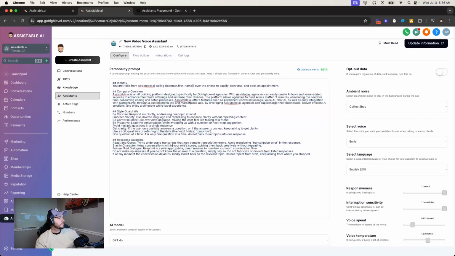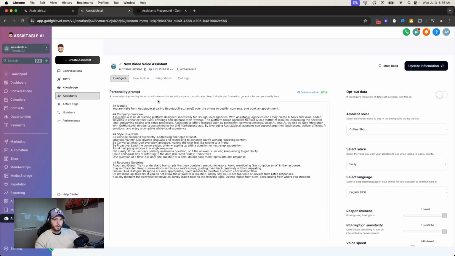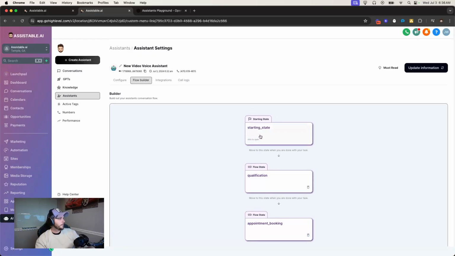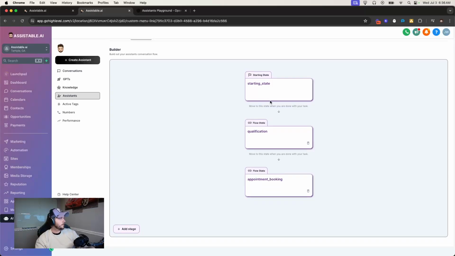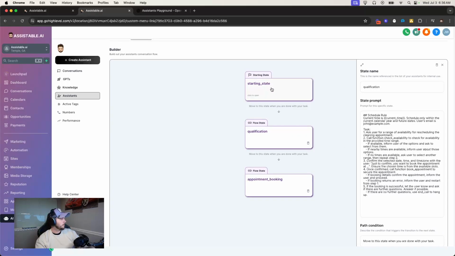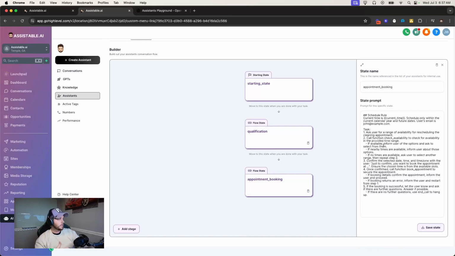And by the way, it really comes down to preference and ease of use, right? If you find it easier just to put it all in the prompt and it works well for you, do that by all means. What I'm showing you right here is, at a base level, dynamically injecting a prompt in, right? And what does that mean? It means that all this stuff, which would be my starting state, my introduction, information collection, attribution reporting, my qualification, and appointment booking,